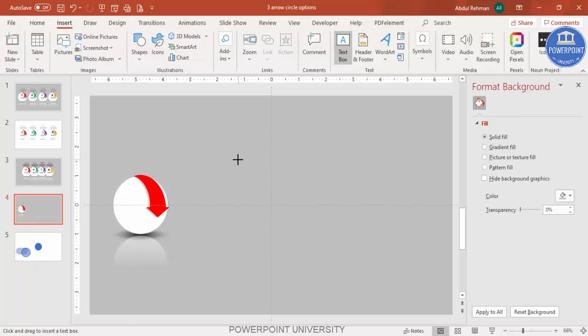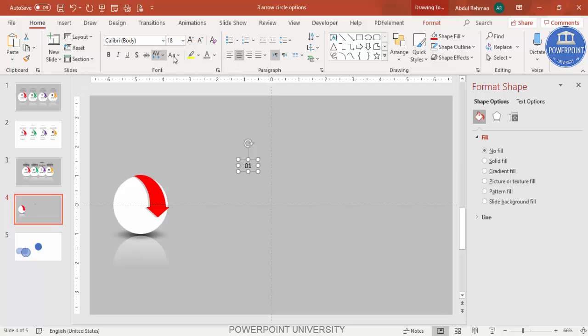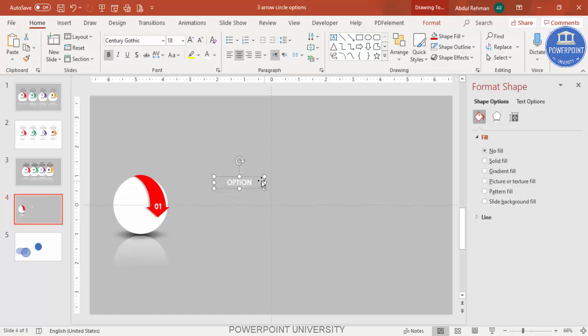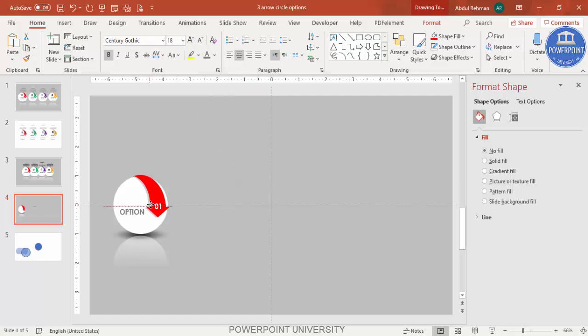Go to insert text box. I'm just going to say option 01. Make it center align, make it white font, bold, and I'm going to use Century Gothic, and then just bring it here. You can see here, press Ctrl D to duplicate. I'm just going to say option or title, whichever you want. You can just add it, and this one I can make it gray color and put it here, option 1,